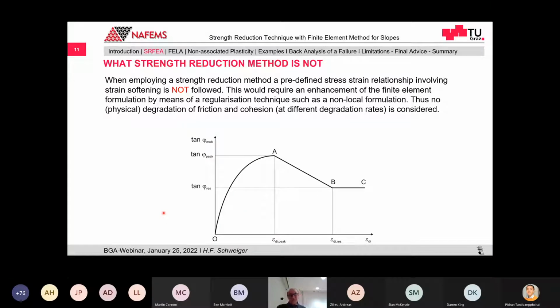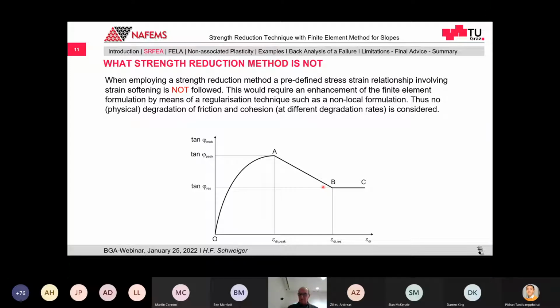Now, this is an important slide. It tells you what strength reduction is not. Some people still believe, so that is my experience, that they say, well, you do a strain softening analysis. You do not. Because if you would do a strain softening analysis, you would follow a stress strain curve with a peak strength at the given strain, and then you will have a decay, you will have a softening to, probably it's better instead of residual, call it critical state,